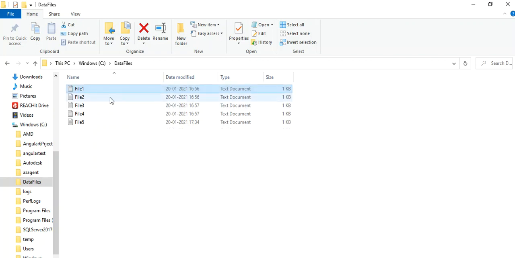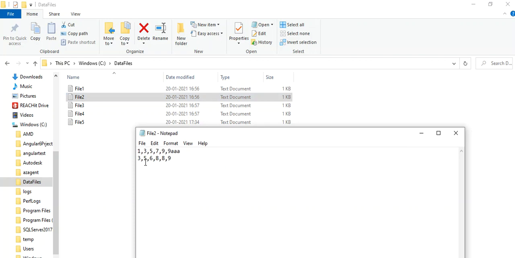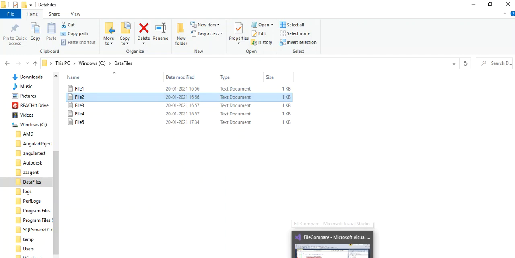So what I will do is compare it with file 2, where the data of file 2 is also in a byte array. So the 0 position of file 2, which is 1, will be compared with the file 1 0 position, and that will be the same, and we will continue till the end of the data. So this is the procedure we have taken to compare the two files.